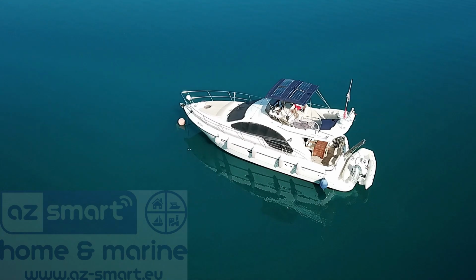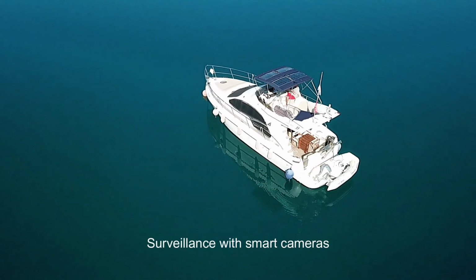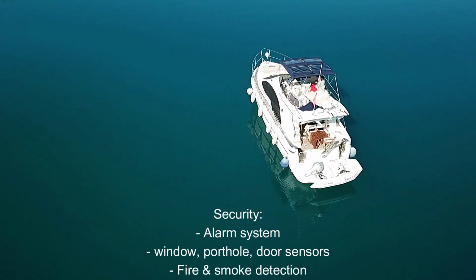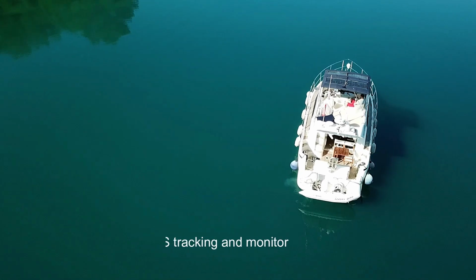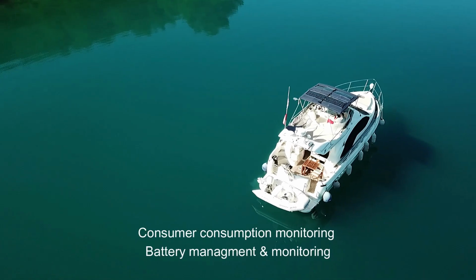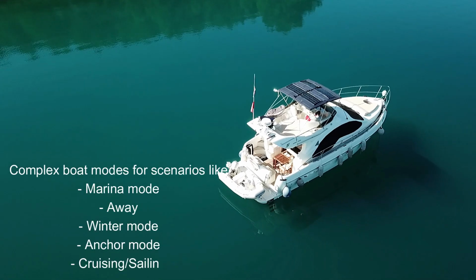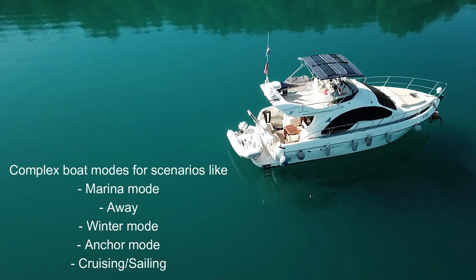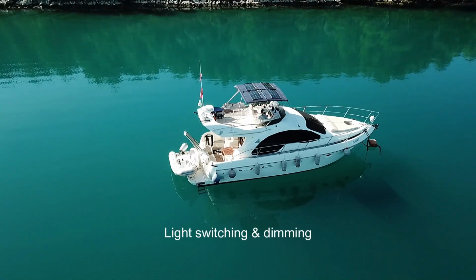AZ Smart developed a complex smart boat system with a wide range of functions: surveillance, smart cameras, security, alarm system, window and door sensors, fire, smoke, gas, and CO detection, active tracking via GPS, app controlled AC and DC switches, consumer monitoring, or even power consumption measuring, battery monitoring, complex boat modes for scenarios like when your boat is in the marina, but you're away, winter mode, anchor mode, cruising mode, sailing mode, light switching and dimming, temperature and humidity